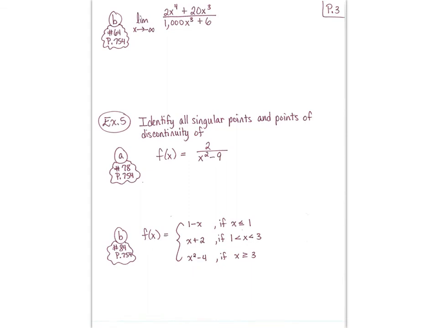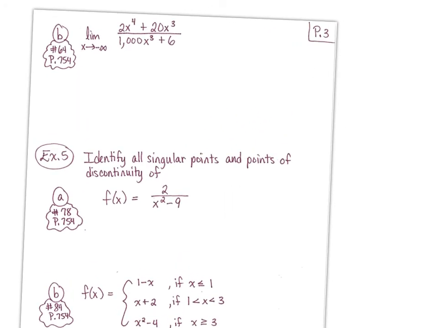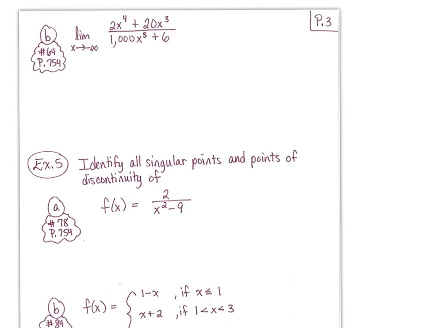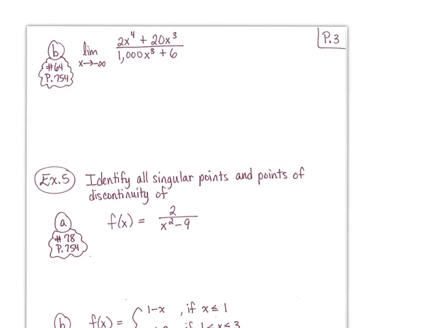A few more examples just so you get the idea of what's happening here. Let's move this down. Part B, similar idea, except now we are evaluating the limit as x approaches negative infinity of 2x to the fourth plus 20x cubed divided by 1000x cubed plus 6. So this is going to be equal to the limit as x approaches negative infinity of 2x to the fourth